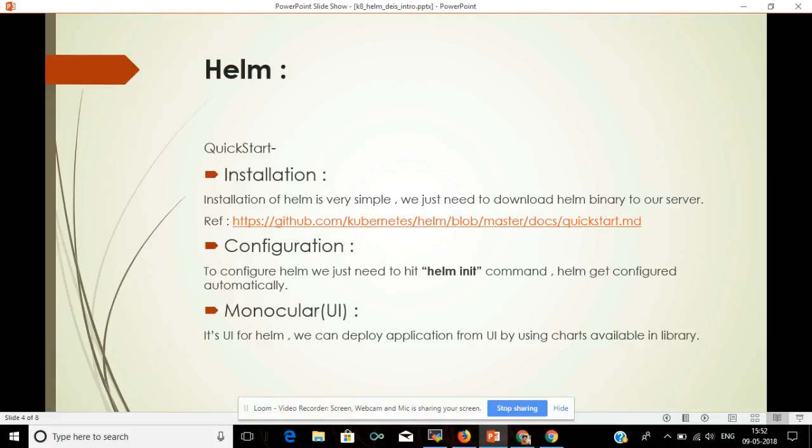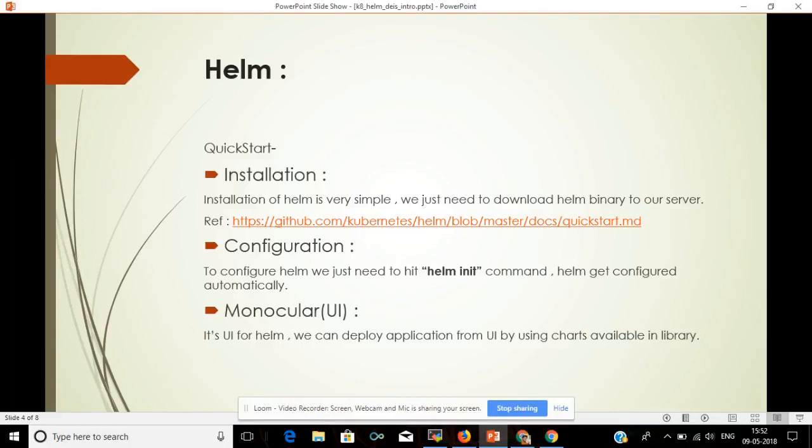The configuration of Helm is very easy and installation is also very easy. We just need to go to their official page, download their binary, put it into /usr/local/bin and run the commands. To configure Helm, we just need to run the helm init command and Helm gets configured automatically.